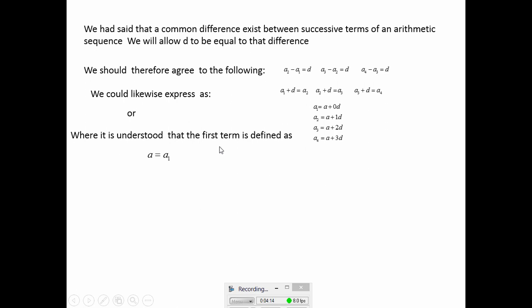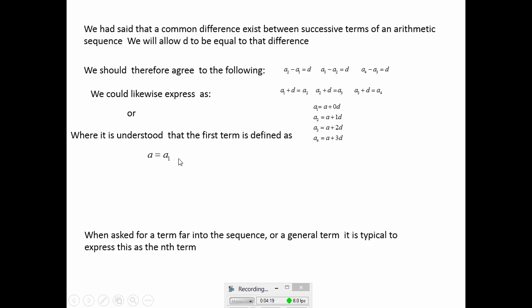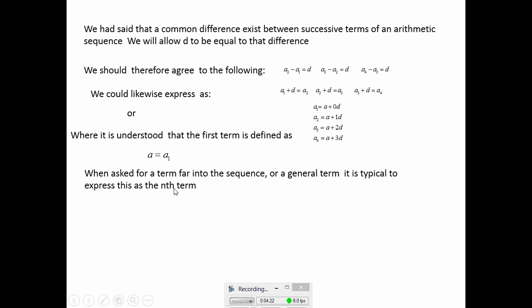So, and again, as we said, for the first term, we might just drop the subscript, just call it the A term, okay? When expressed for a term far into the sequence, a general term, so if I'm talking about the 50th term, the 100th term, the 2000th term, I might just refer to it as the nth term. If I were only talking about 4 terms here, the nth term would be 4. Generally speaking, I'll call it the nth term. So the question is, can I find the nth term, okay, the 50th term, the 150th term, without having to find all the preceding? Well, the answer lies in this